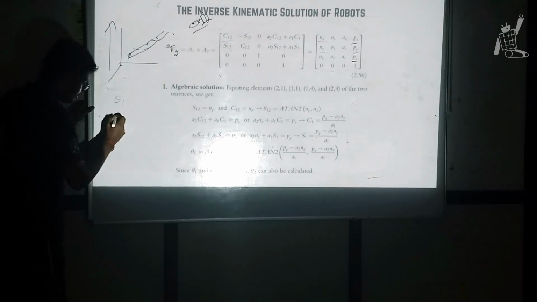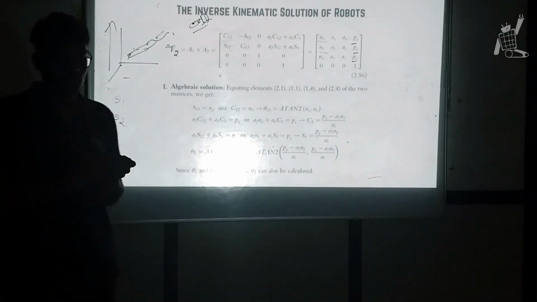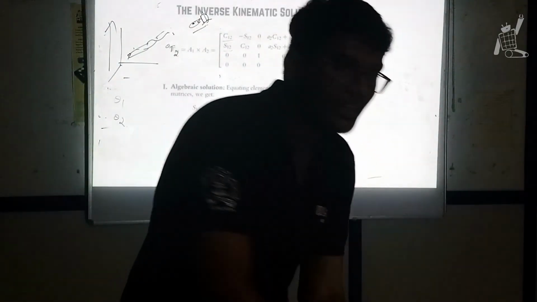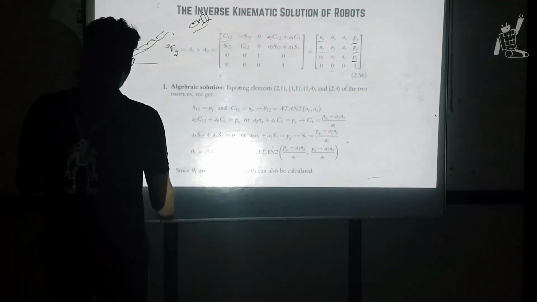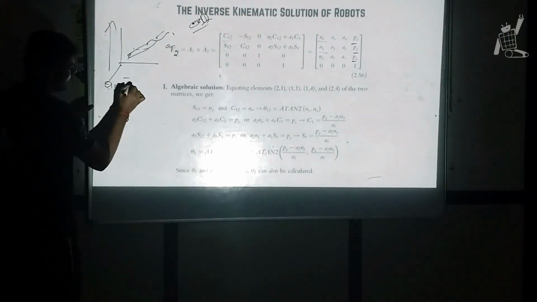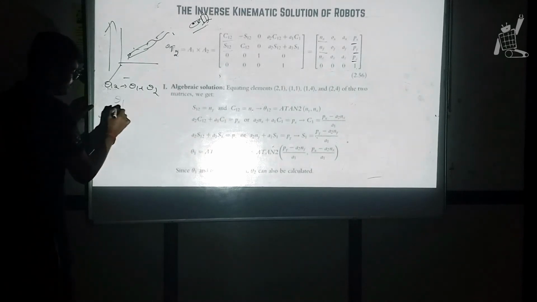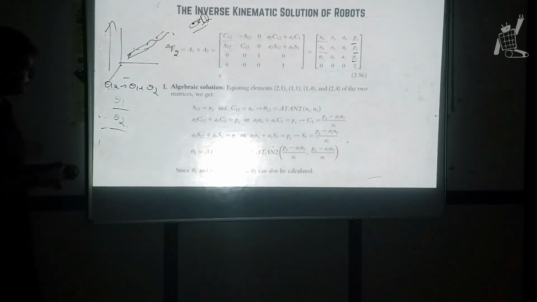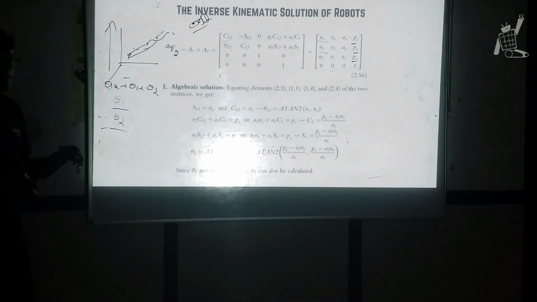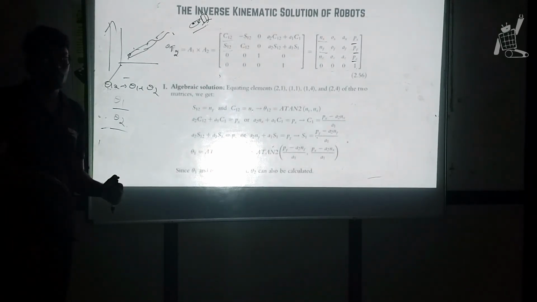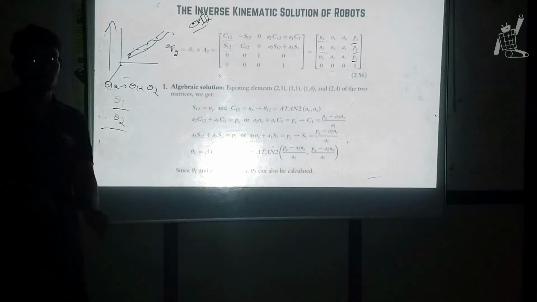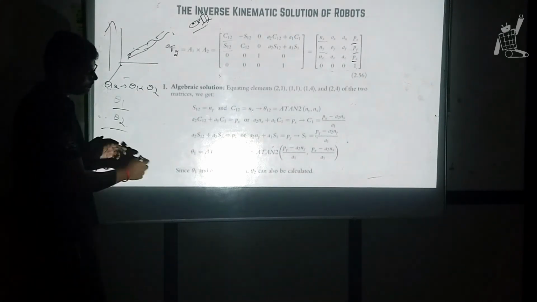Still I need to find theta1 and theta2. I only have theta12, which means theta1 plus theta2. I want theta1 and theta2 because I need to put this in a program. After getting theta, only then can I command my motors to rotate that much. So I want theta2. So